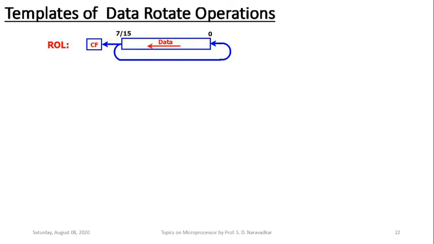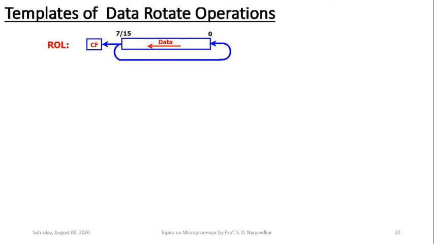In case of rotate left operation, data will be rotated towards left through that register. The bit which is coming out of the MSB will be copied to the LSB here. And successively, every bit will be copied to the LSB and my data rotation continues, in case of multiple bit rotate operations. But in each of those operations, within that closed circular path of rotation, there is no carry bit.